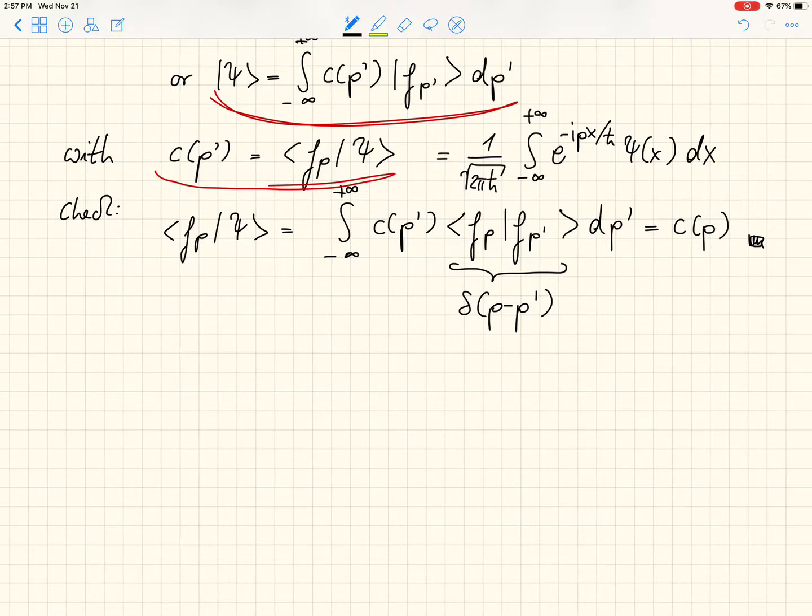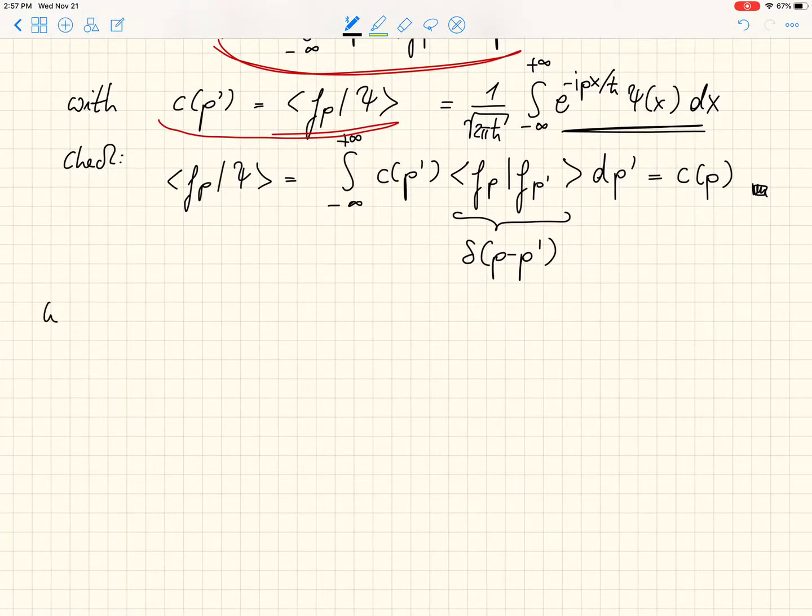So, nothing too surprising. All this is just looking again at Fourier transforms. And now